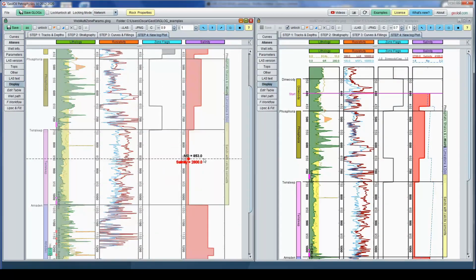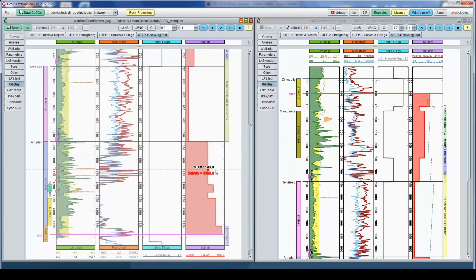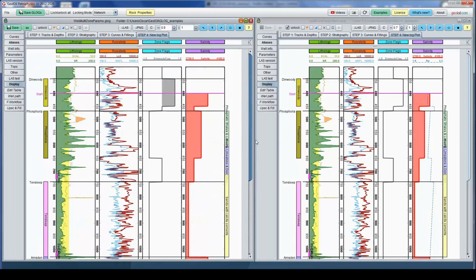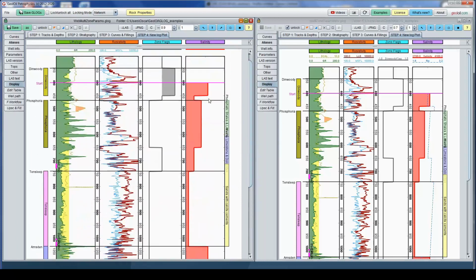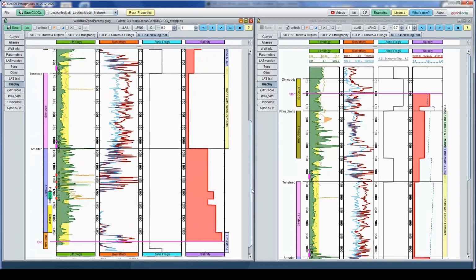So you have Tensleep, low salinity. We have Amsterdam, higher salinity, and so forth. The salinity curve is a stepwise constant.